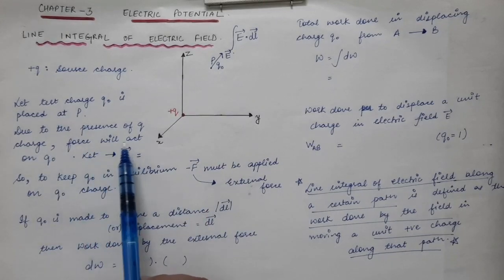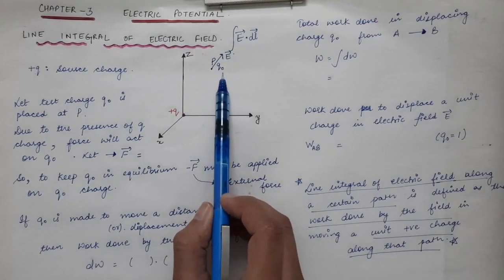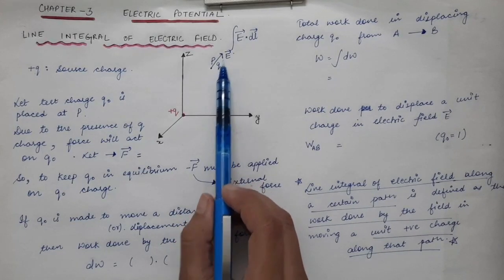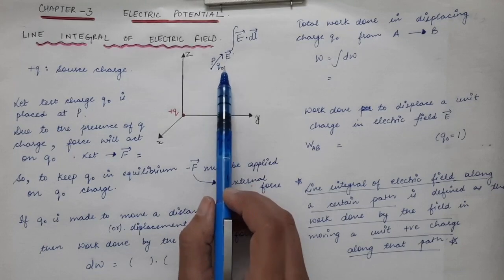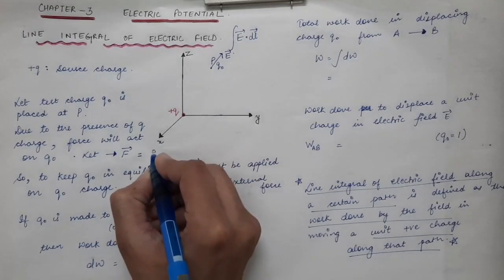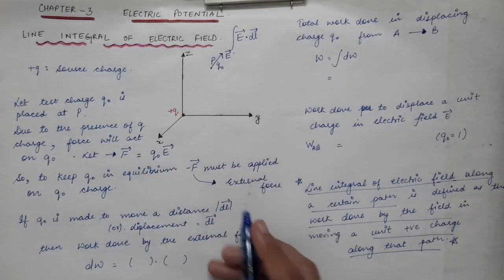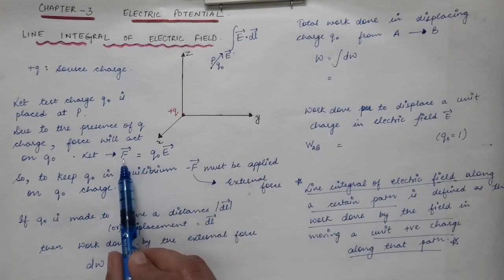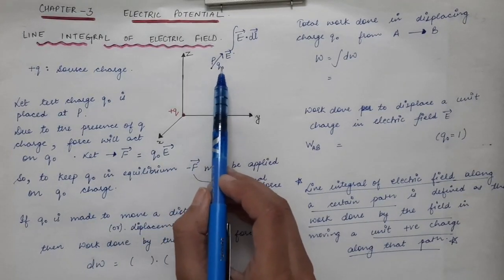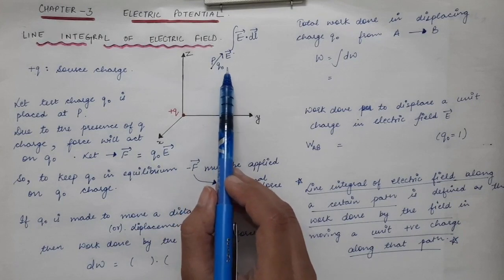Now what will be the force that will act on the test charge Q0? That will be nothing but the magnitude of the charge times the electric field which is experienced by this charge Q0. So the force that will act on this test charge will be the amount of charge into the electric field experienced by this charge. This multiplication will give us the force that will act on this test charge. Now let's say this is a positive source charge and this is also a positive test charge.